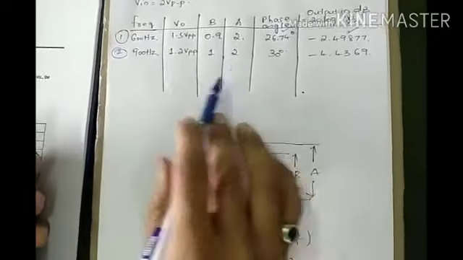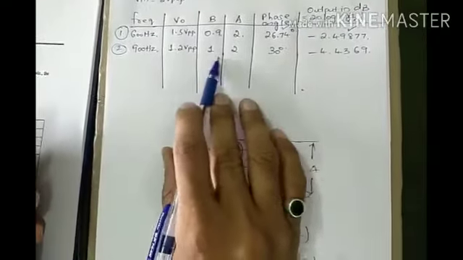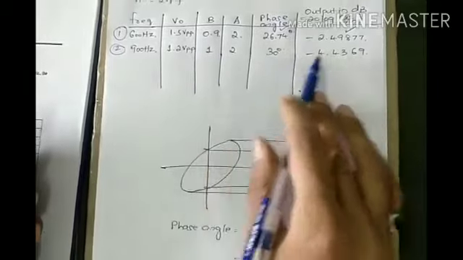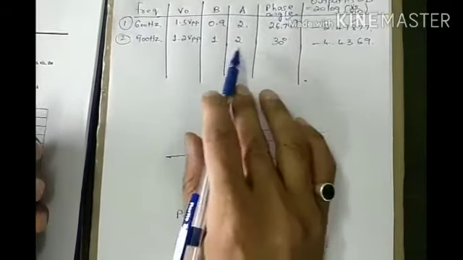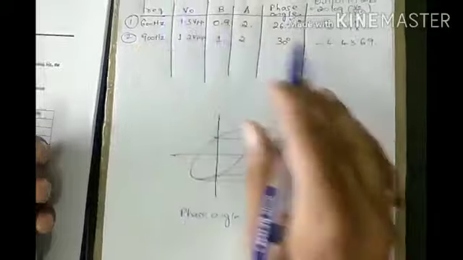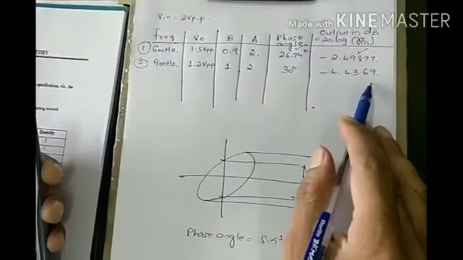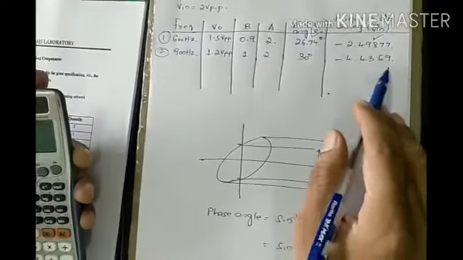Similarly, let us calculate for 900 Hz. So for 900 Hz, if we do the calculation, we will get sine inverse of B by A, 1 by 2, we get 30 degrees, and if we perform 20 log 1.2 divided by 2, it will be minus 4.4369. Okay, this is output in dB.